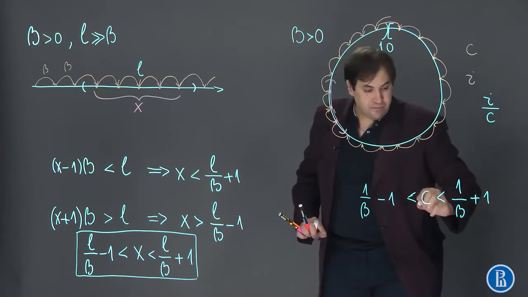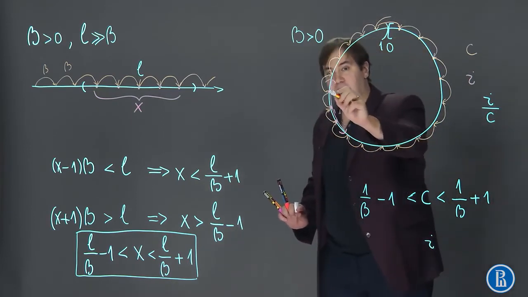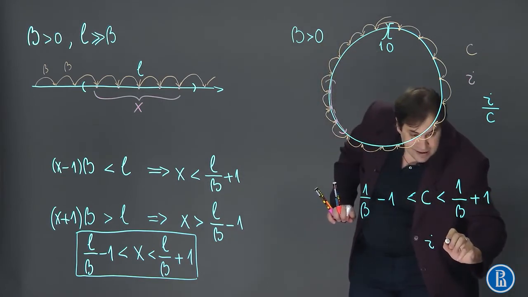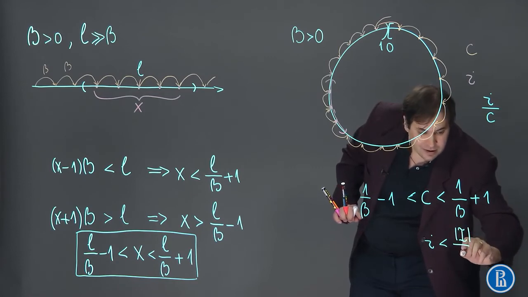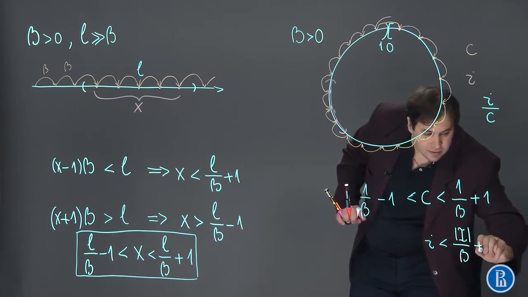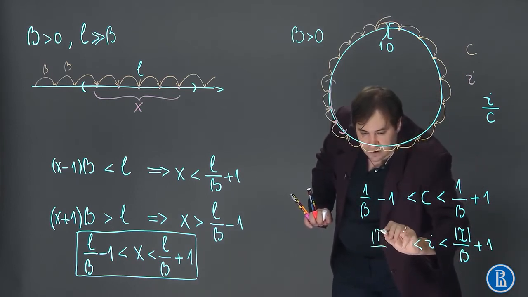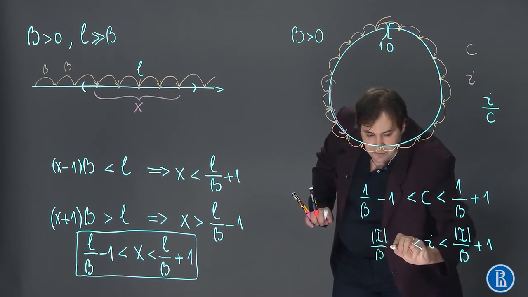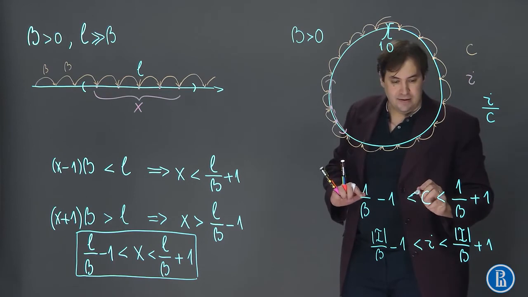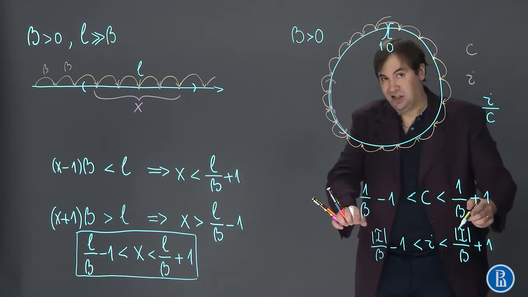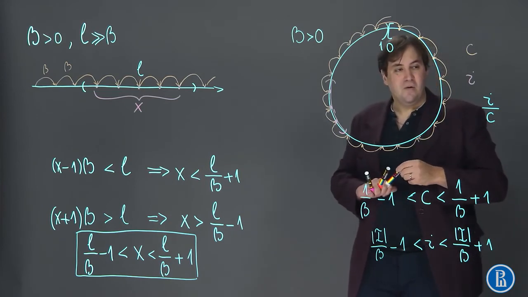At the same time, I is the number of marked points inside the interval. I is between the length of the interval over beta plus 1 and the length of the interval over beta minus 1. So by combining these four inequalities, we can gain an estimate for